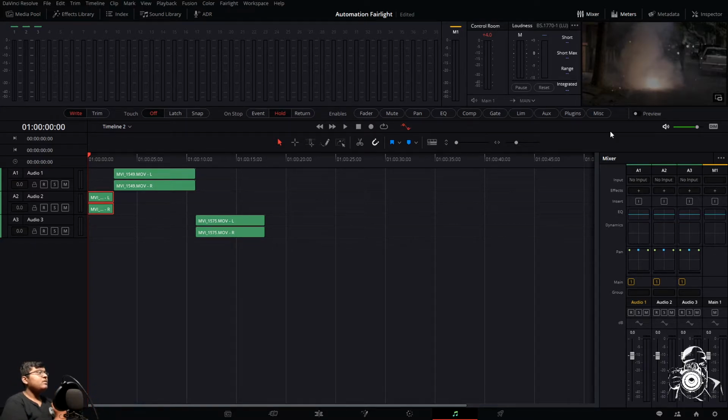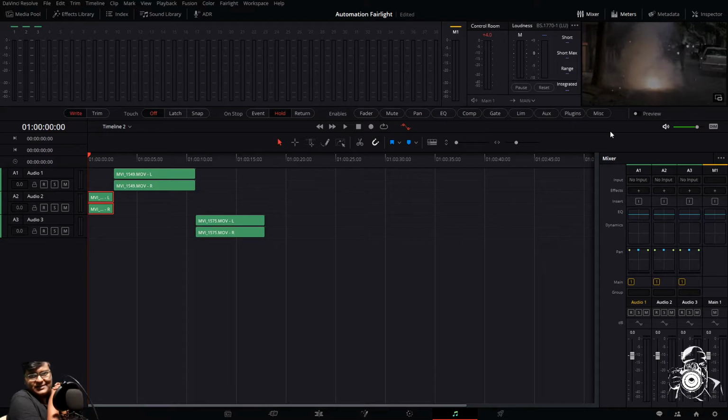Okay, now there are enables. So these are actually you can see here: fader, mute, pan, EQ, comp, gate, limb, aux, plugins, miscellaneous.